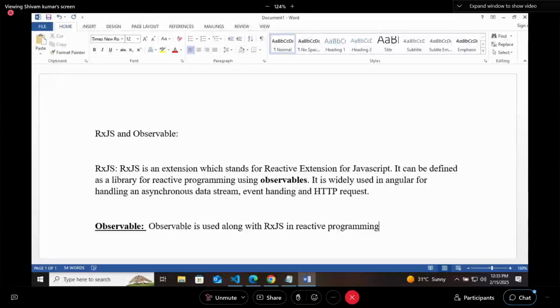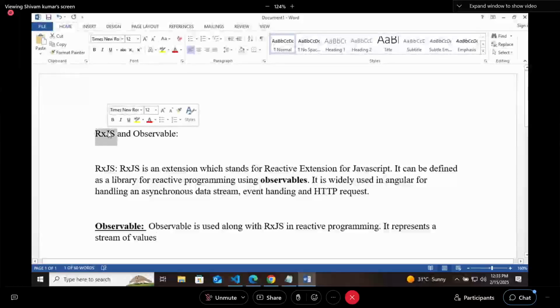But what is this? It represents a stream of values. So if you want to do reactive programming, RxJS is a library to do that, and observable is a method of accepting that data.